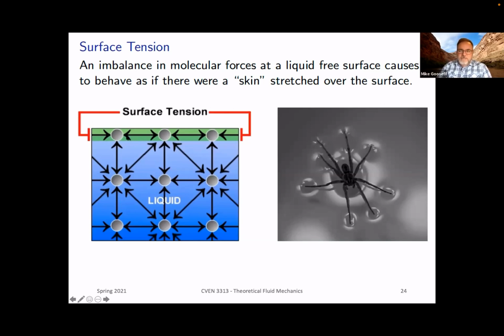So we can still have liquid water here and gaseous water above, but there's a lot more interaction with other molecules below this interface, and at the interface, the liquid molecules bond to each other a little more because they don't have anybody above them that they can bond to. And the water strider here on the right, I feel like that looks like a